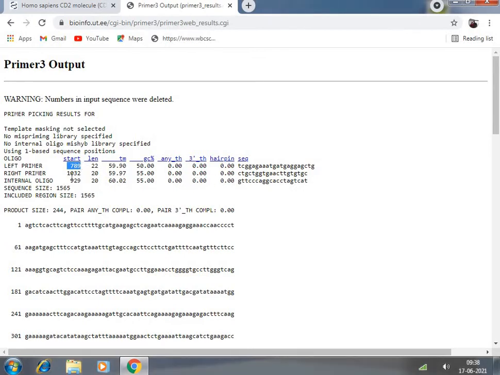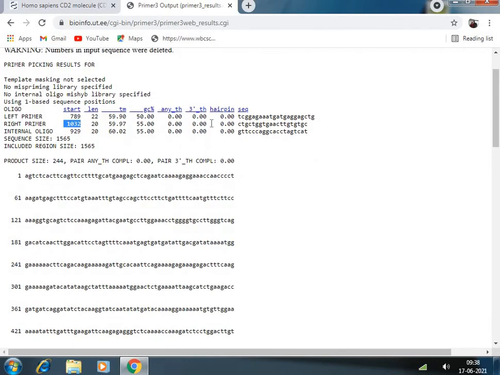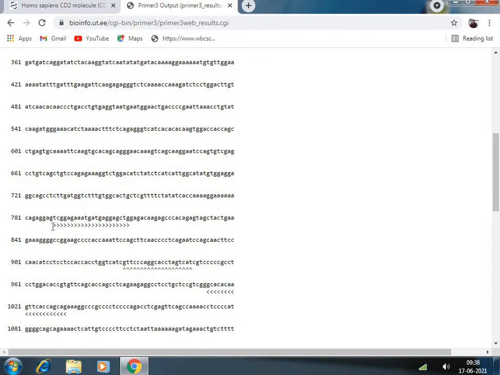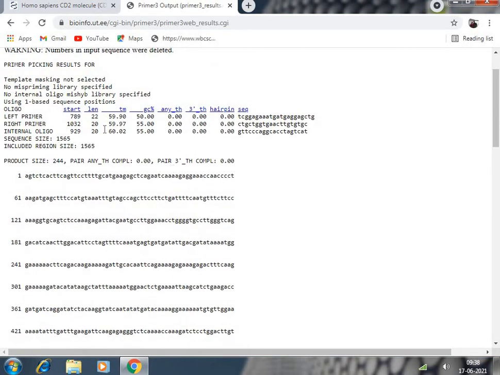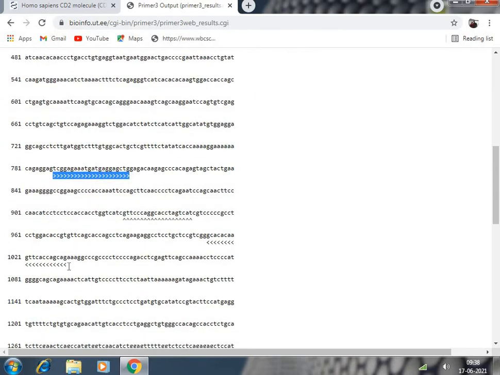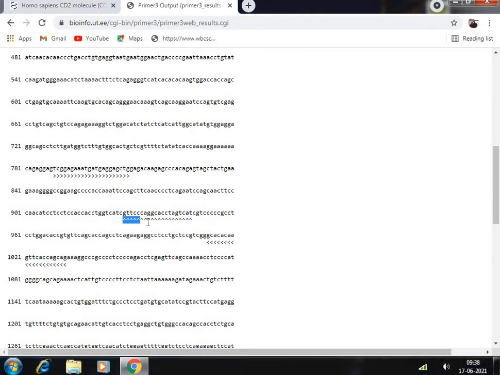The right primer is binding to 1032, so it is also covering the 800 region. So you can see the 789 starts from something here. So this is the position of the left primer, and the position of the right primer is 1032. So you can see the right primer is binding here about 1032. Okay, and the internal oligo is actually recognizing this particular region, so it is absolutely okay.